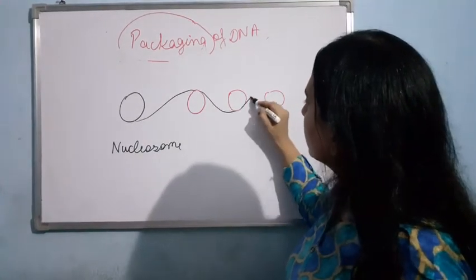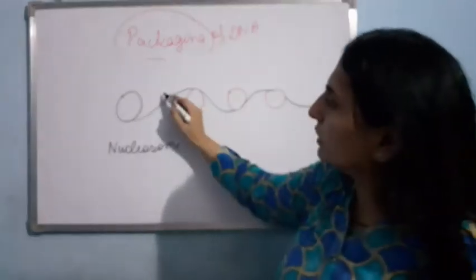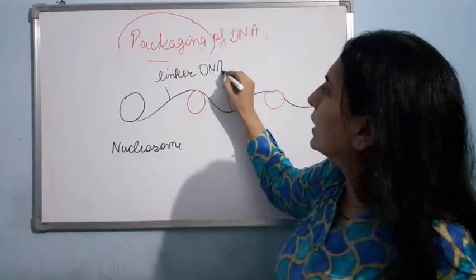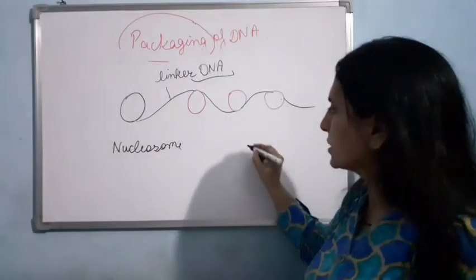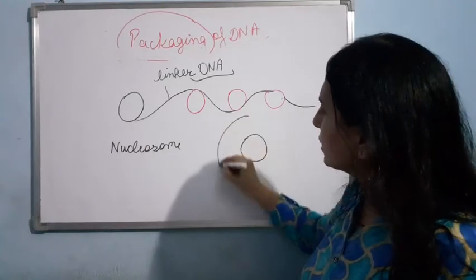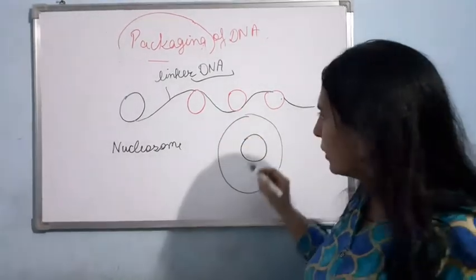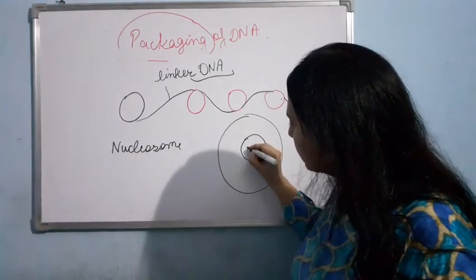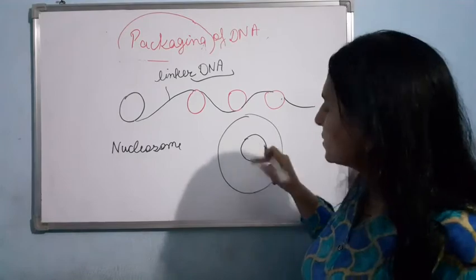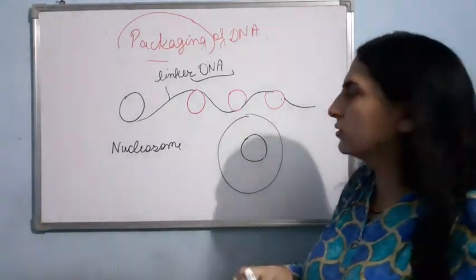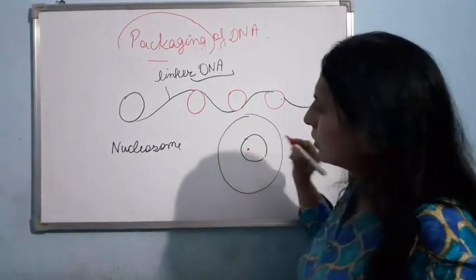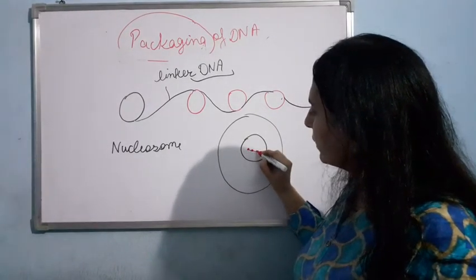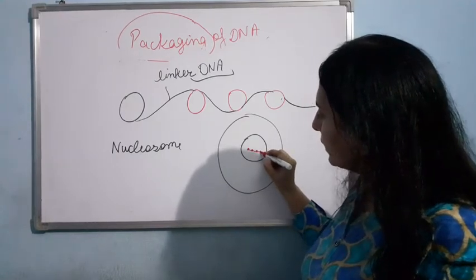Okay, the nucleosomes are connected with the help of linker DNA. Like this, the DNA is arranged inside your nucleus. Suppose this is the nucleus inside the cell. So here, what will I be having? Nucleosome, linker DNA. It is actually a microscopic structure. Suppose a nucleosome, then linker DNA, nucleosome, linker DNA, nucleosome, linker DNA, like this.